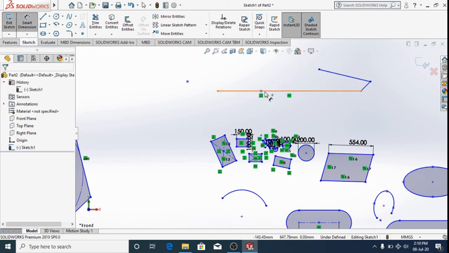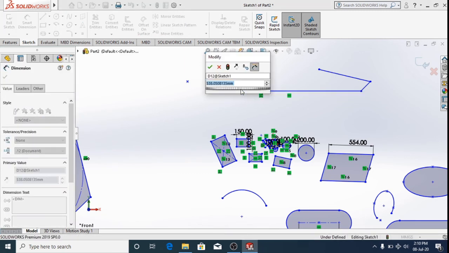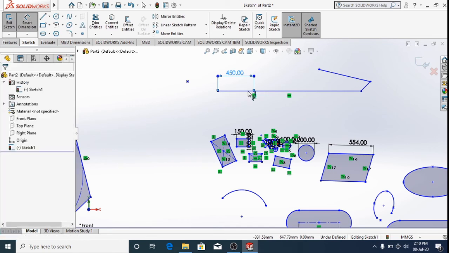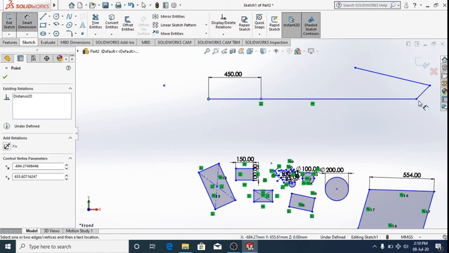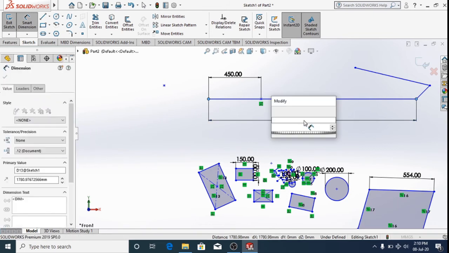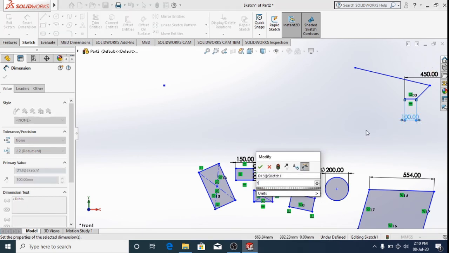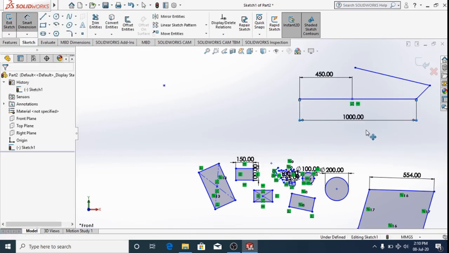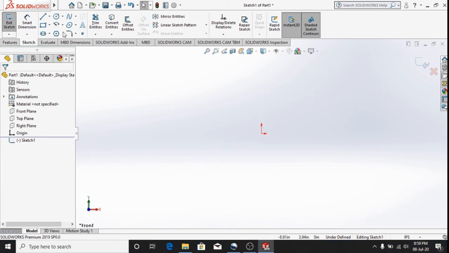I hope you get that. And let me give a smart dimension for this, so that I want the point at 450 mm from the extreme left. So this distance is 450 from one end. Let me change the dimension of the line to 1000, and this is 450, and it's up to you wherever you want to put it on the line. So coming to spline, which is another feature.